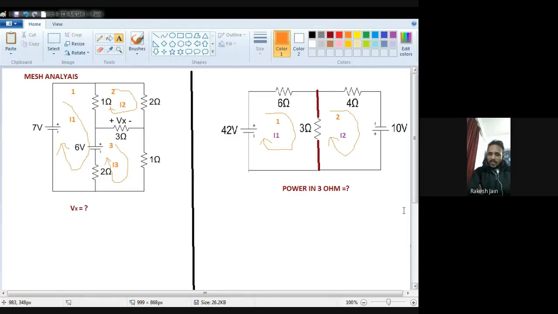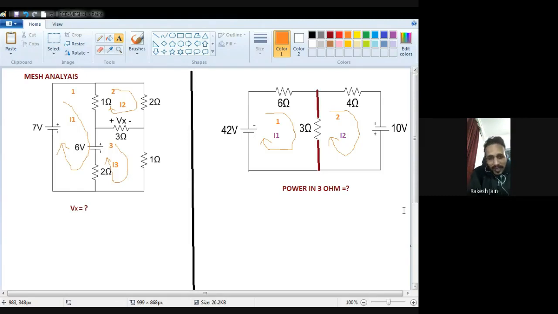Because this is mesh analysis, we just write down in the equation only the voltage. If there is any resistance, just multiply that resistance with your mesh current, denote it with a positive sign always, and it will behave as a voltage. Then write down that value. For example, 6 ohm resistance and I1 is my current, so 6 I1 is the voltage. Then 3 ohm is the next resistance, my current is I1. If I write down the first mesh equation, then 3 I1, denote it with plus.